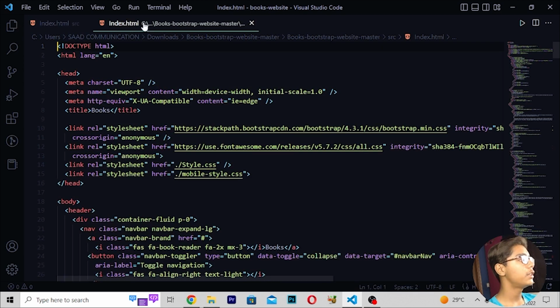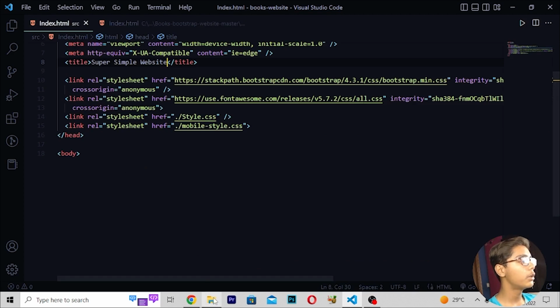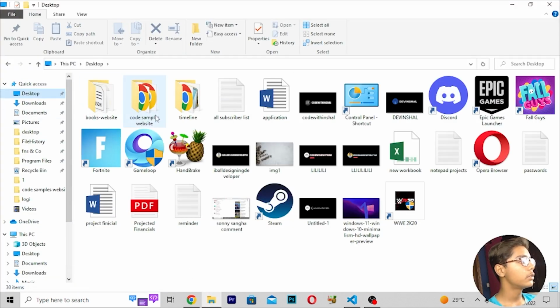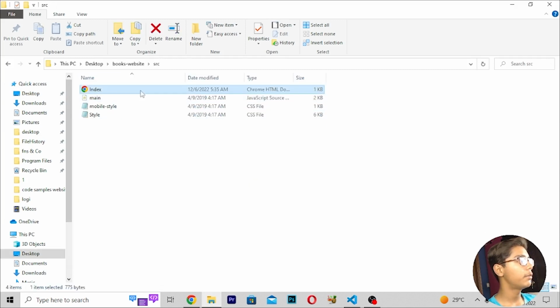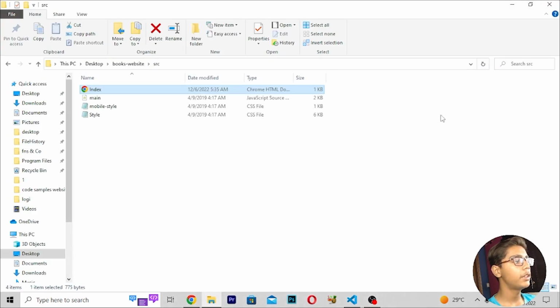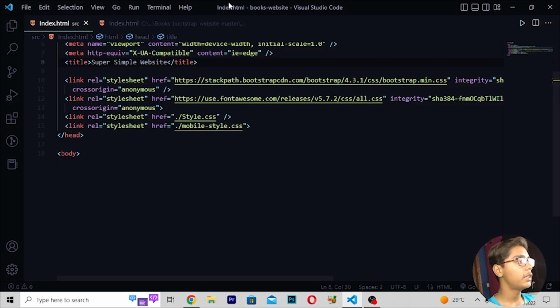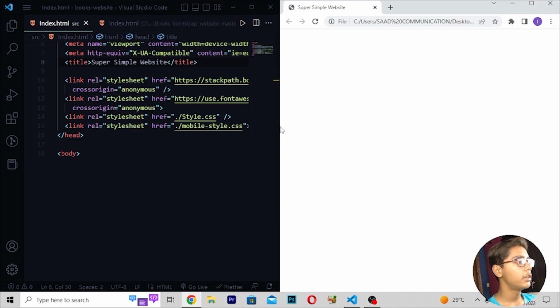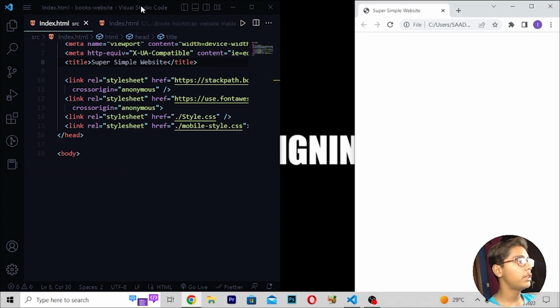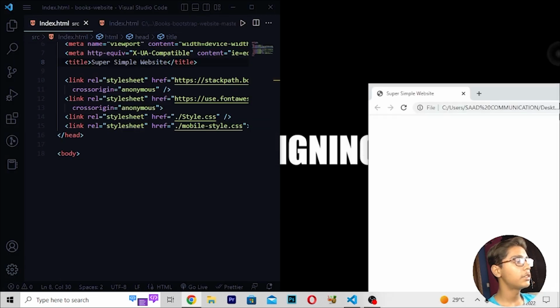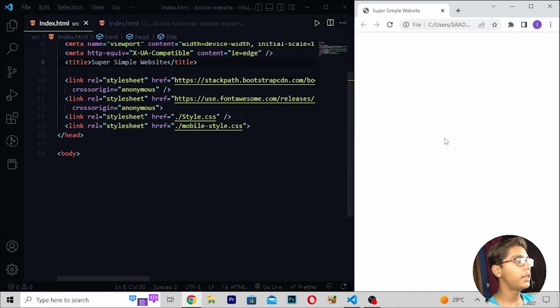So now when you've done that, I will open it in my default Google Chrome browser to check that it is working. Here this is our books website, and this is our file in Google Chrome. Now open this, and you can see we are getting our file, and it is totally empty, not containing anything. So I will be doing it side by side. Here you can see we have done all these things. Now I'll make the coding side bigger, because when I'm doing coding side by side, the coding side is always bigger.